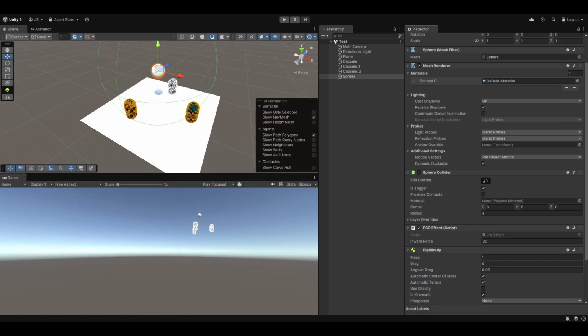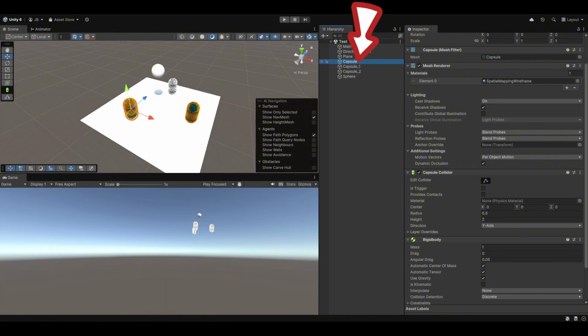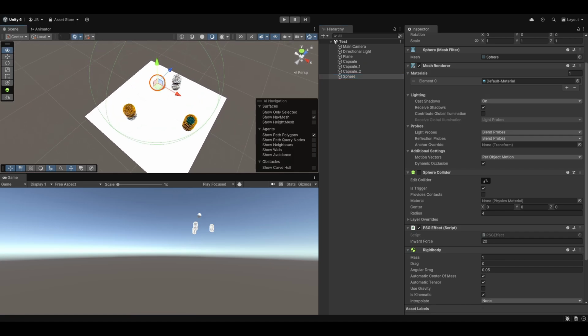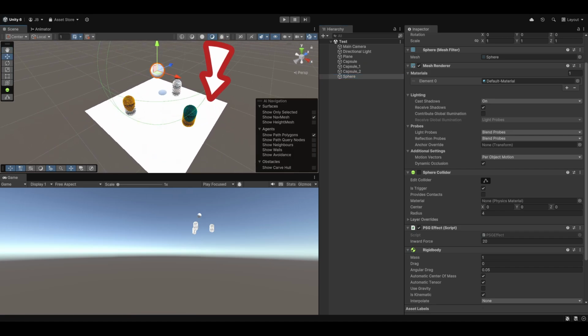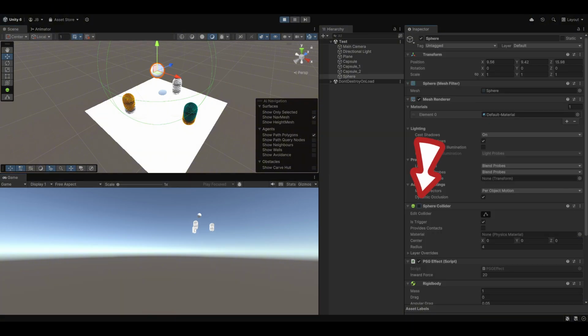Going to the scene in game view, I created a sphere in the world, then added a collider, turning the trigger on. I added a rigid body to the sphere, turning gravity off and is-kinematic on. Then I added the PSG effect script to it. I created a few capsules with rigid bodies on them, leaving gravity on, and gave the sphere something to land on, like a plane. And also the sphere collider needs to be turned on. The rigid bodies should be pulled towards the sphere.